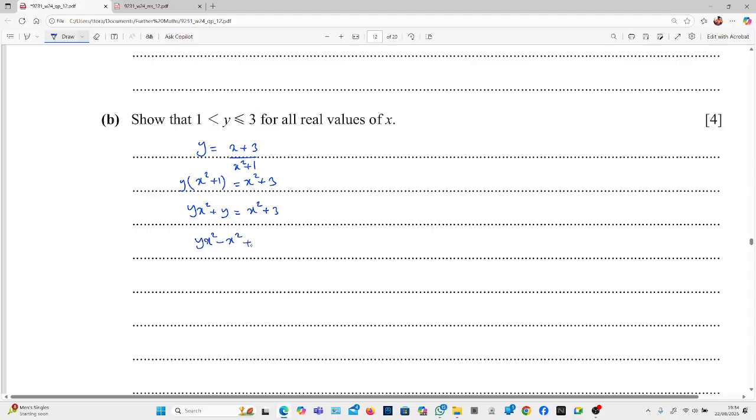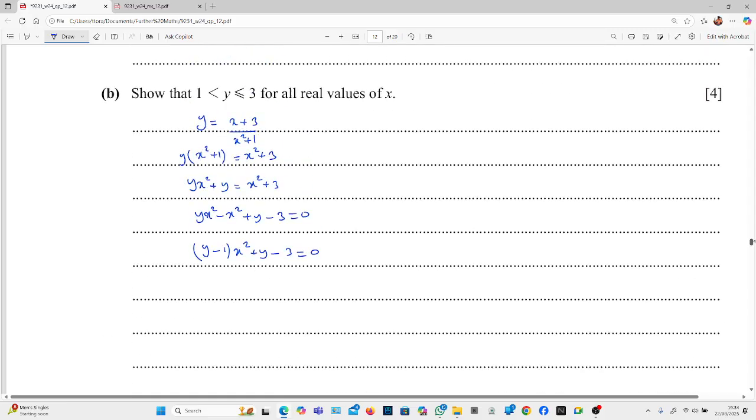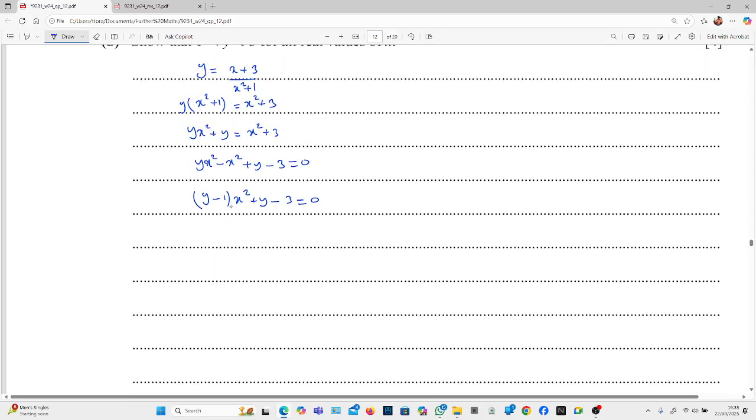and we've got the y over here, and then minus 3, all of that should be equal to 0. So simplifying further, I've got (y minus 1) x squared plus (y minus 3) equal to 0. So this is a quadratic equation where we can actually solve for x. But then again, when we look at this, we know that the value of a is y minus 1, the value of b is 0, and the value of c is y minus 3. So we can use b squared minus 4ac